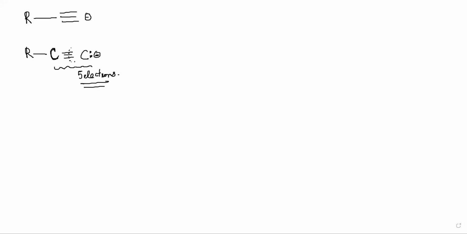Now if you think of an E plus electrophile that is going to be added, E plus will obviously form a single bond. E plus has a deficiency of electrons, and this lone pair is an excess of electrons. So it will attack here, and this lone pair will come and form a bond. So the product should be R, C, triple bond, C, E. The plus and minus will cancel each other. So this is fairly straightforward.